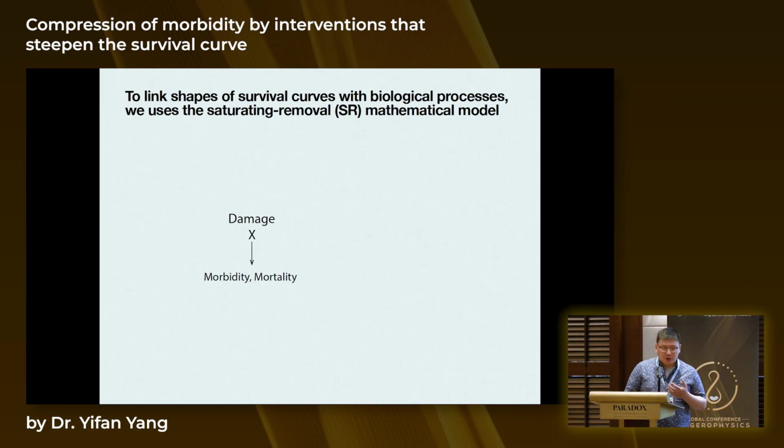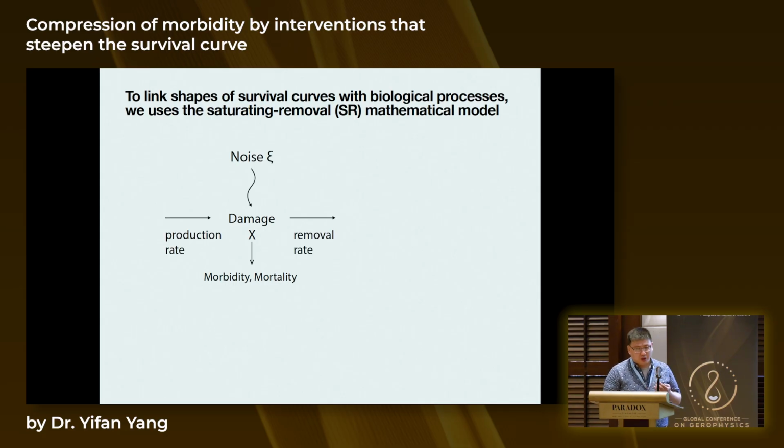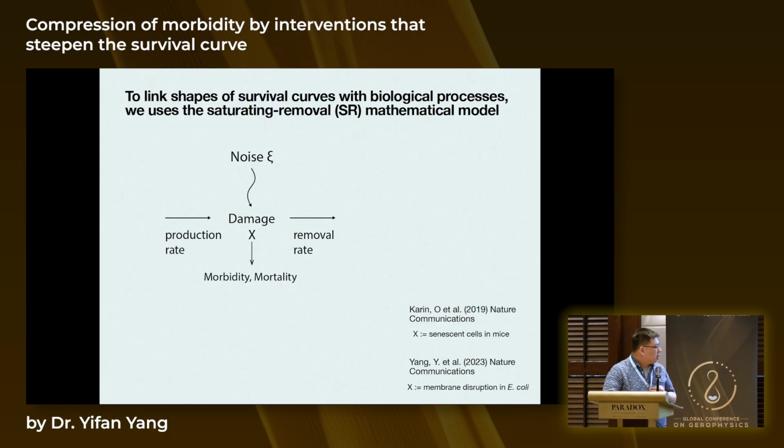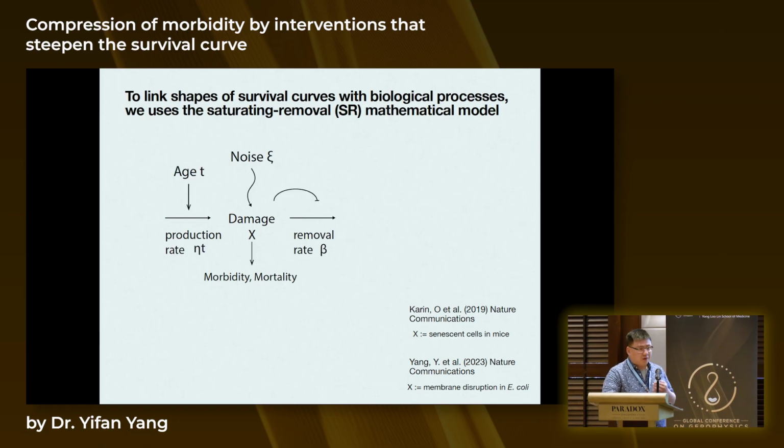Now I'm very happy to follow the talk of Uri because he introduced all these models, so I'll be quick. The model is based on a simple assumption that there is a dominant kind of damage that drives both morbidity and mortality. And we try to model the dynamic process where damage is produced and removed. In these two separate studies, we modeled the damage trajectories of individual mice and individual E. coli. And we found the same unifying circuit that governs the damage process,